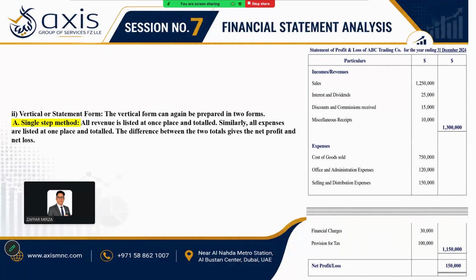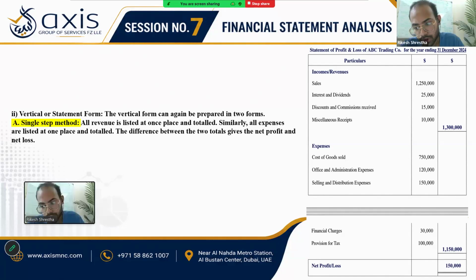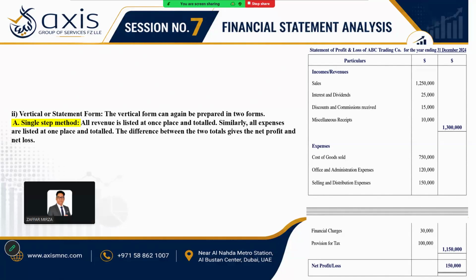The sales, interest, dividend, all incomes are recorded, in total 1.31 million. All expenses, cost of goods sold, office expenses, administrative expenses, selling and distribution expenses, finance cost, provisions for tax, total is 1.1 million. So net profit is 150. So income statements